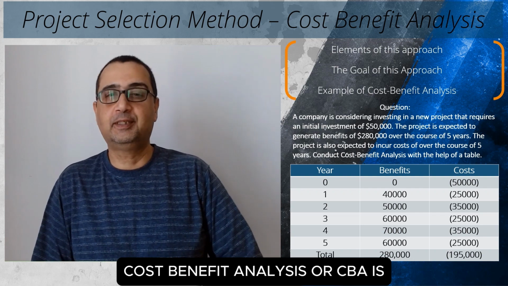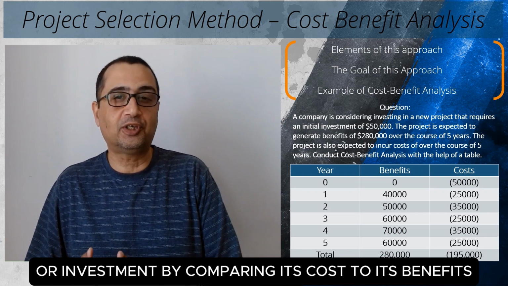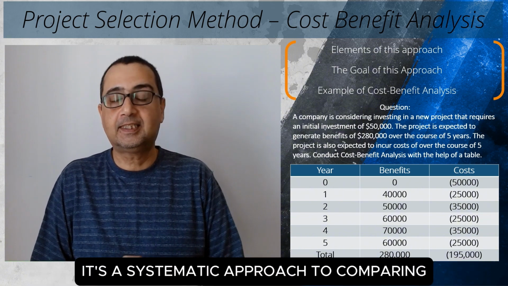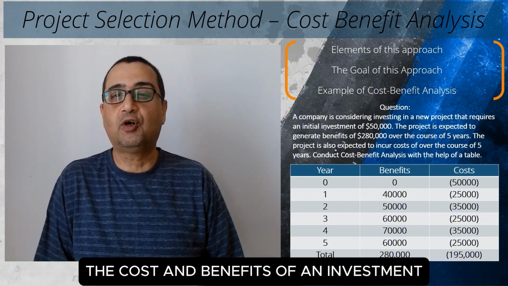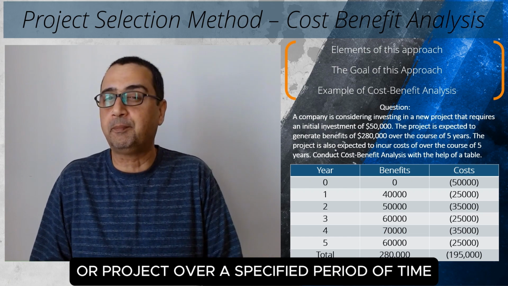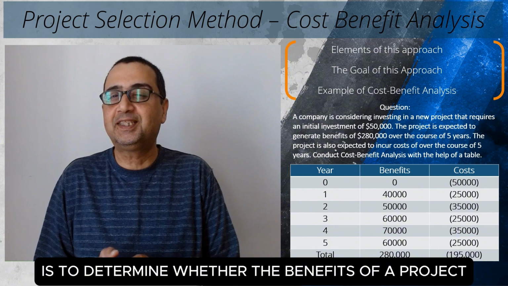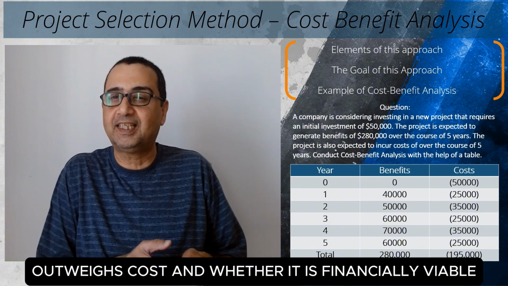Cost-benefit analysis, or CBA, is a method used to evaluate a project or investment by comparing its cost to its benefits. It's a systematic approach to comparing the cost and benefits of an investment or project over a specified period of time. The goal of CBA is to determine whether the benefits of a project outweigh its cost and whether